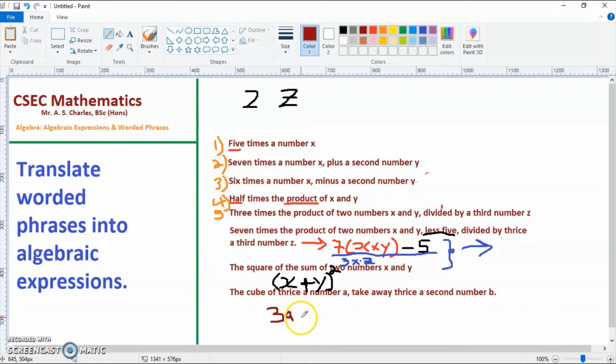So the cube of that, or 3a all raised to the power of 3, take away or subtract thrice, or 3 times, a second number b. 3 times b is the same as 3b, and that is our answer. So now you know how to translate and